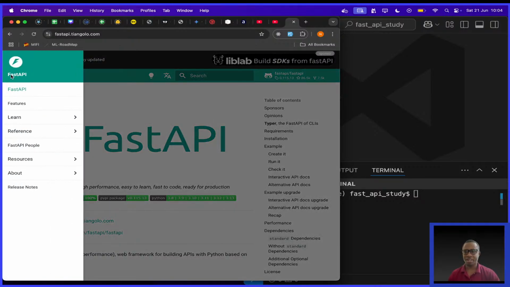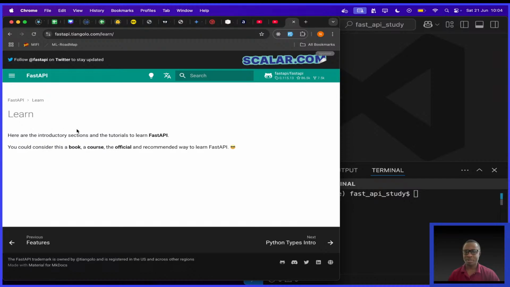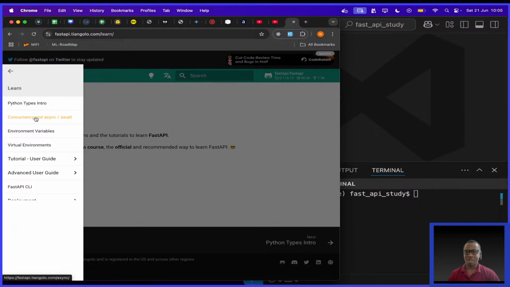So if I go to this menu and I click on Learn, they say here the introductory sessions and tutorials to learn FastAPI. You could consider this a book, a course, the official and recommended way to learn FastAPI. I was expecting something more here. Let's see, what do they have? This is the menu, I think, on Learn.